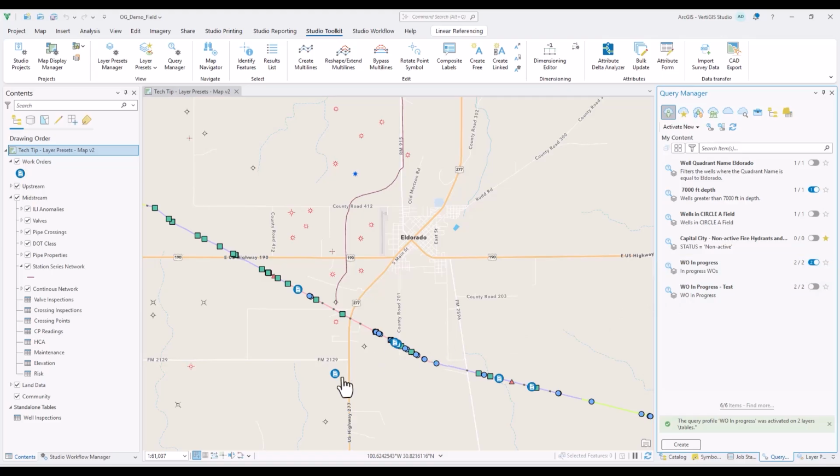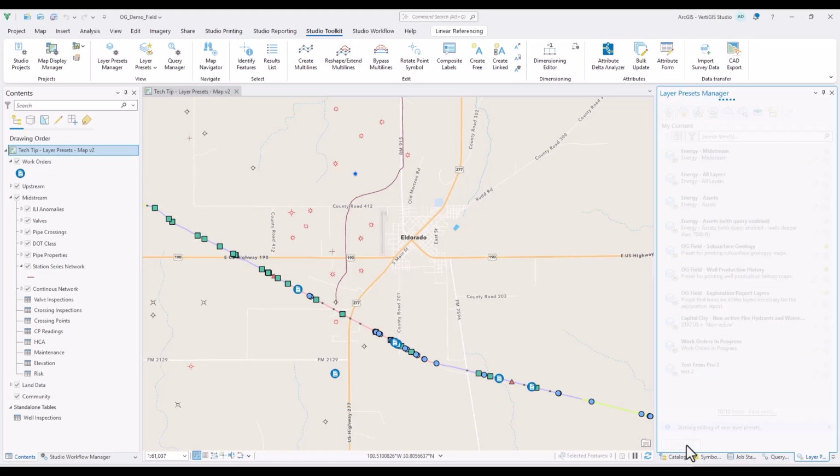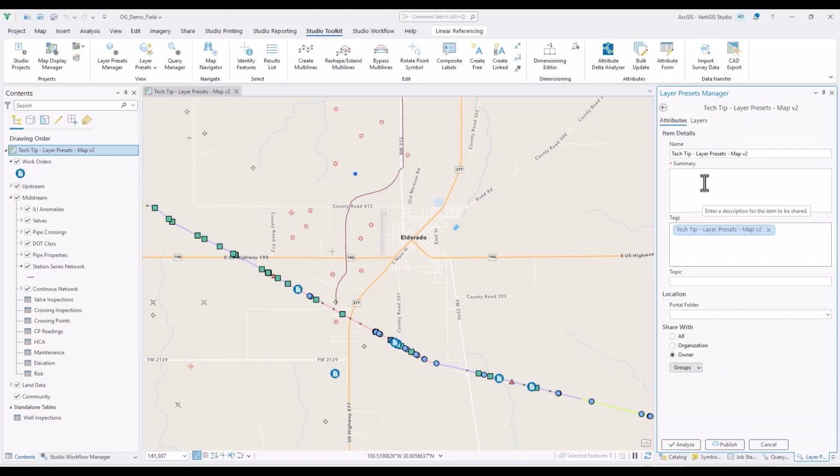Now that we have our definition query created for the work orders layer, let's create a layer preset via the Layer Presets Manager to isolate the work orders layer. We'll select Create and enter a name and summary. We'll then select Portal for the storage type since we want to be able to use this preset within our